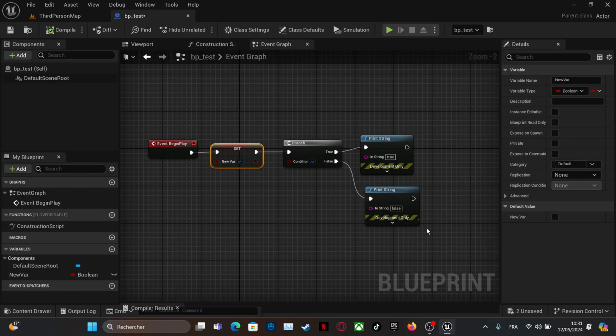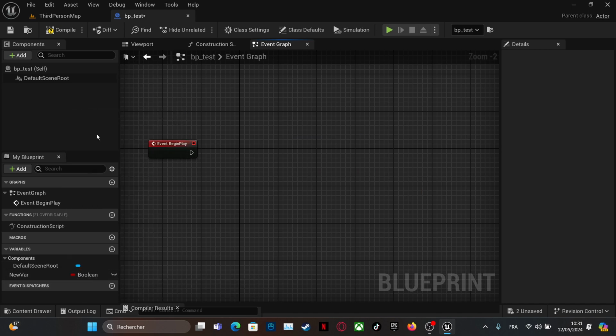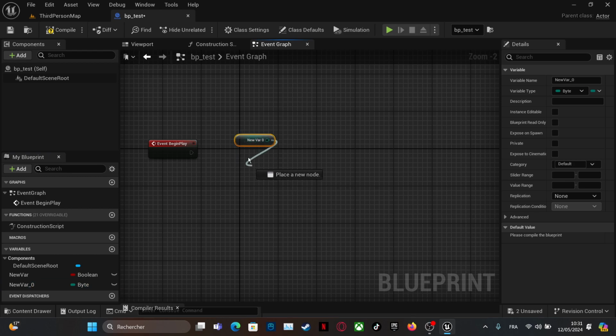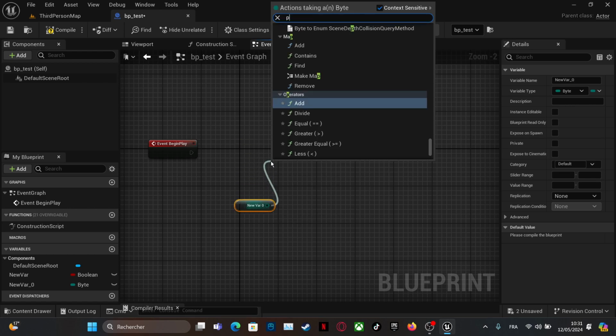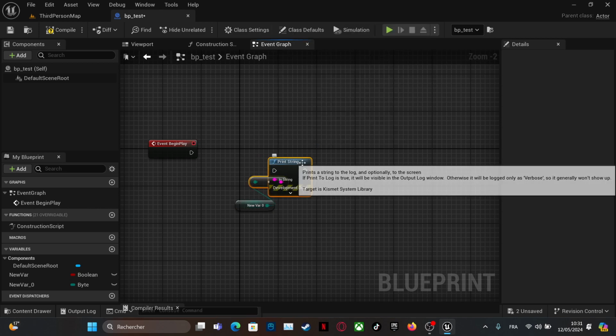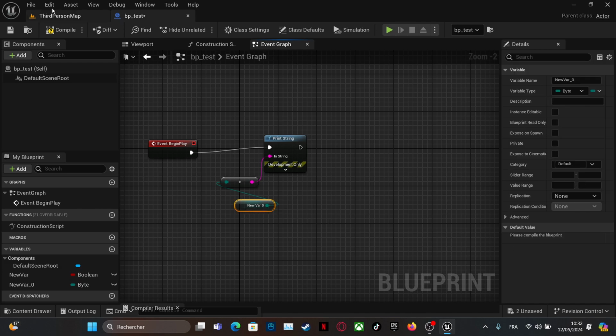We go now to check another type of variable: byte. A byte is a type of variable that ranges from 0 to 255, and it can't hold a floating number.